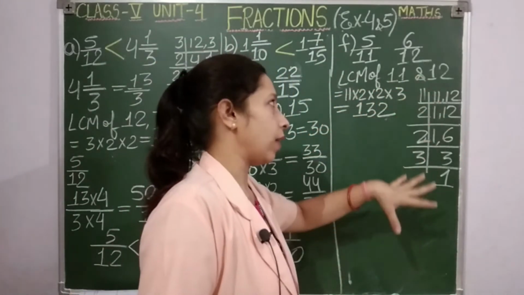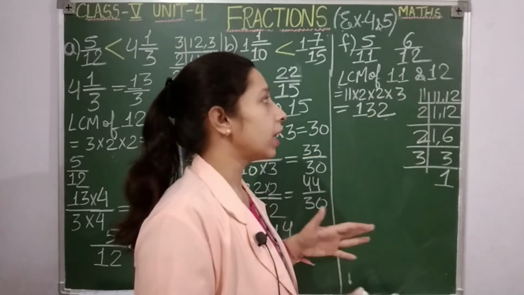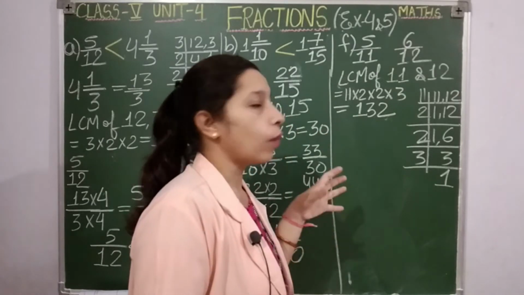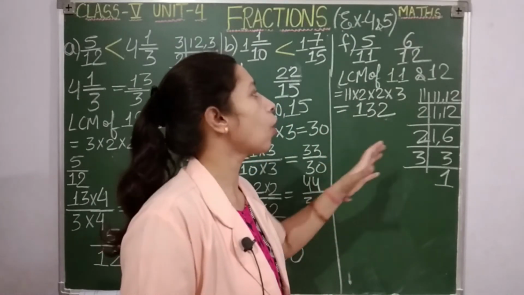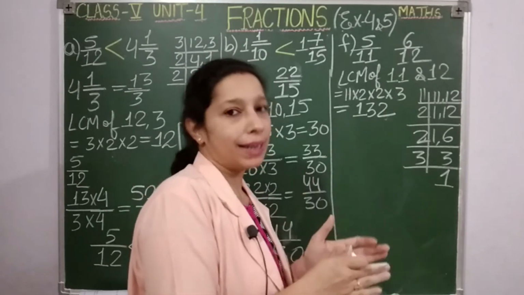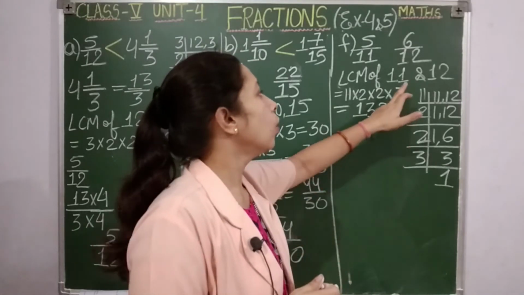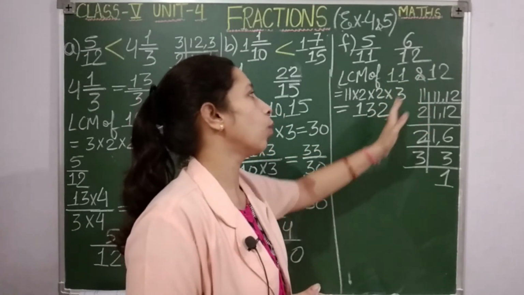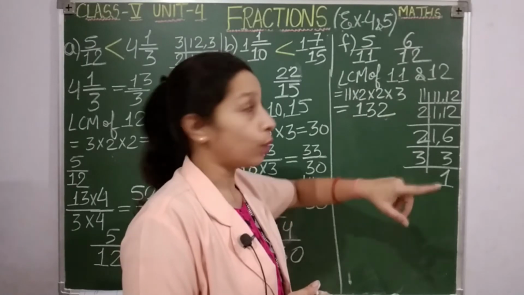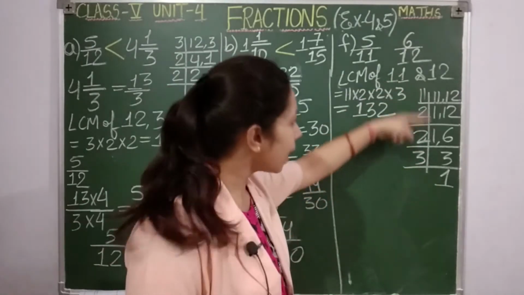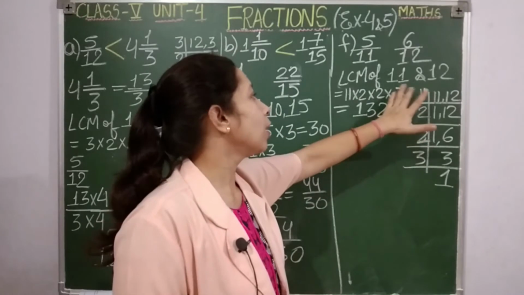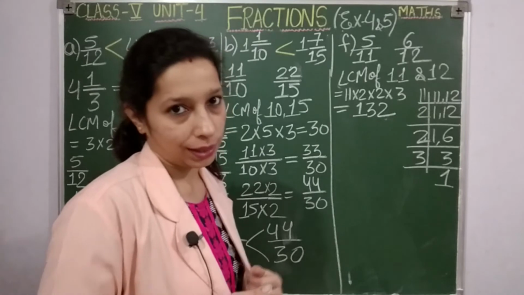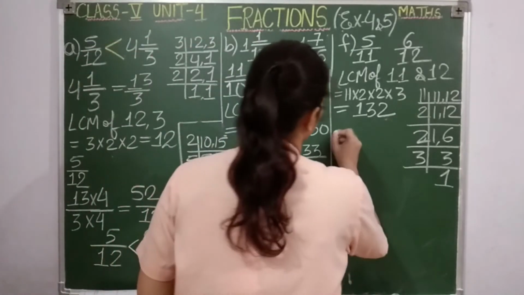Here the condition is, just check the numbers for which you are going to find out the LCM. 11 and 12. Is there any common factor between 11 and 12 except 1? No, na? So such numbers for which you are going to find the LCM, if they have no other common factor except 1, you can simply multiply them and get the answer. Okay, look, if you will multiply 12 with 11, you will get 132 only. 12 10s are 120, 12 11s are 132. I calculated the LCM to explain it to you, but you can directly multiply it. But the condition is that they should not have any common factor between them. Okay, so finally the LCM is 132.